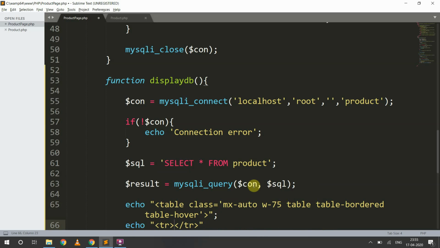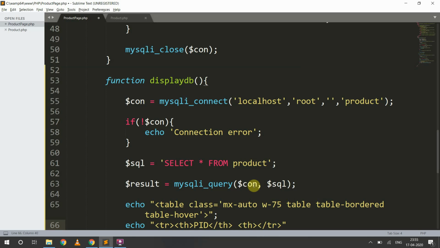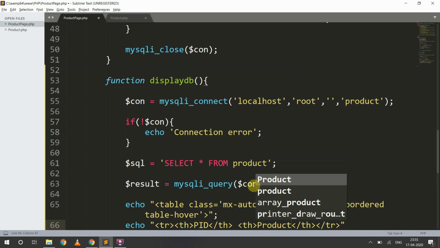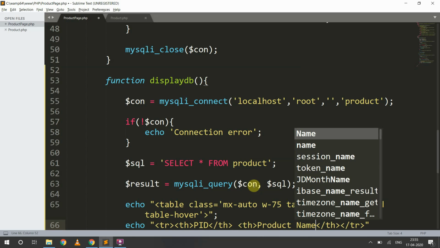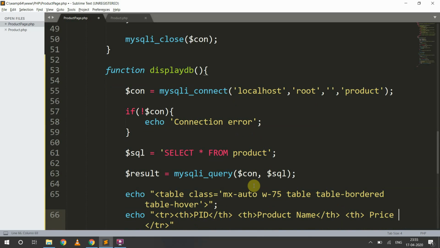So we will add headings one by one. The first heading, that is th, will be product ID, then th for product name, and then th for price.